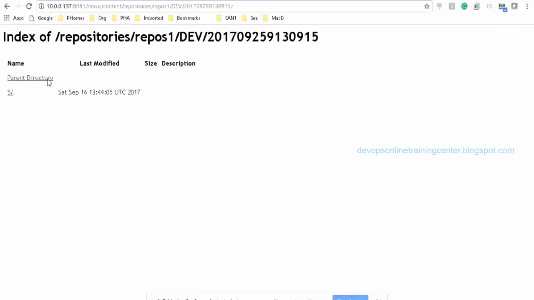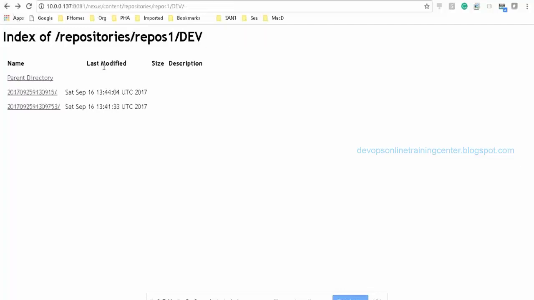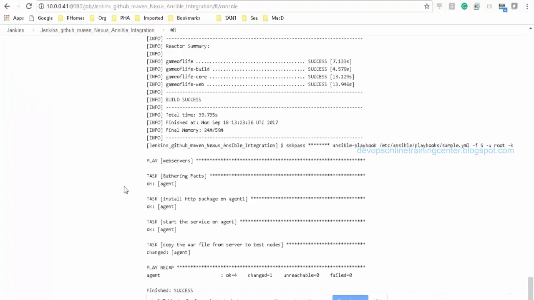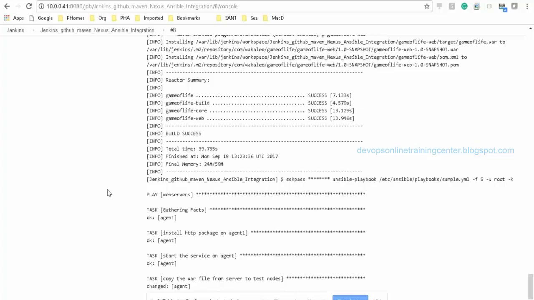Under this, there are different builds. So there is an option to get the latest file from this directory. Using a shell script, which uses something called curl and wget, it gets the contents, and from the contents we can filter out what is the latest, and from the latest we can build the binary. So that also we can do directly, then copy it to the test nodes and install it. So anything is fine, anything works. Is this clear? Yeah, it's clear.